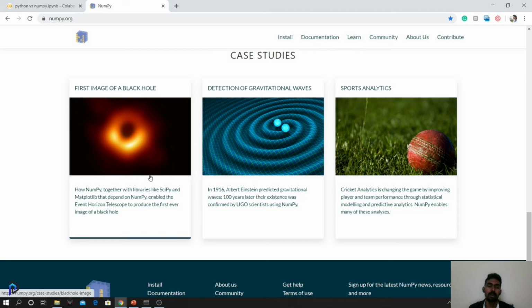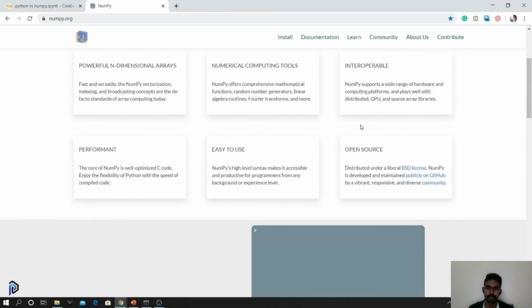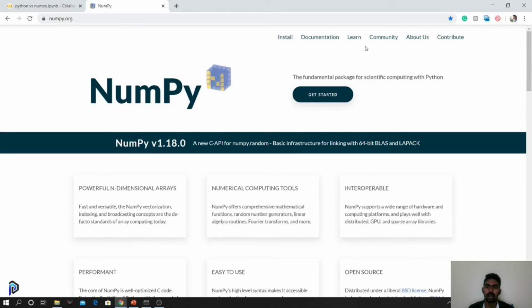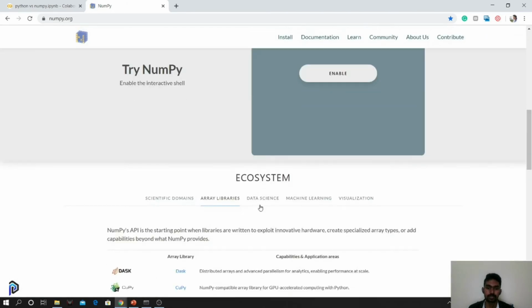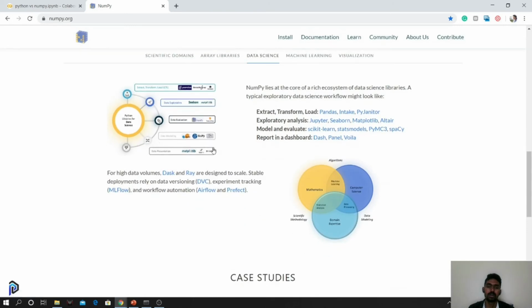The NumPy and SciPy ecosystem were used extensively to do it, and it is also used in many other use cases. And let's get into the data science part of it. As you know, it's used extensively in data science along with the ecosystem of pandas, matplotlib, and other libraries.